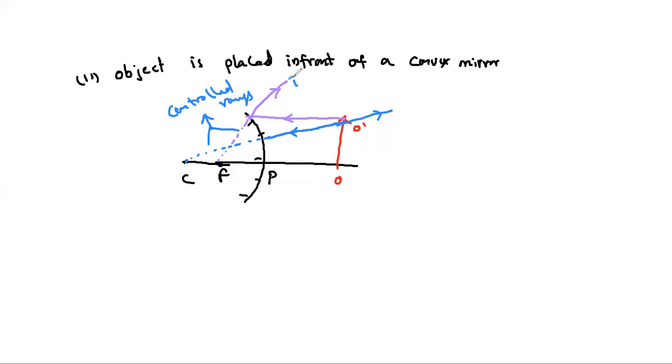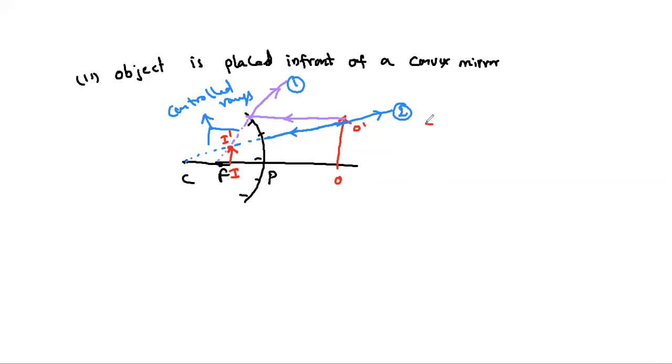And this is the first reflected ray and this one is the second reflected ray. If you observe these two reflected rays, these are all diverging rays. So whenever you are getting diverging rays, you need to draw the construction rays to get the image. Anyhow, I already drew the construction rays, so you will get the image I dash